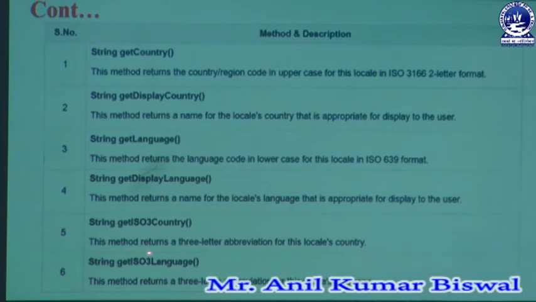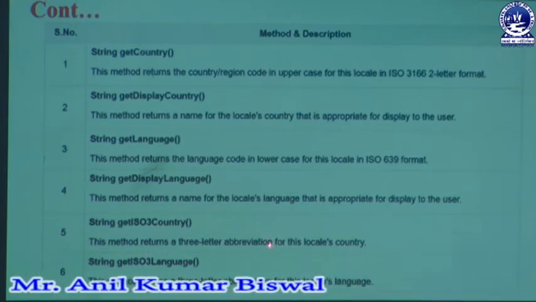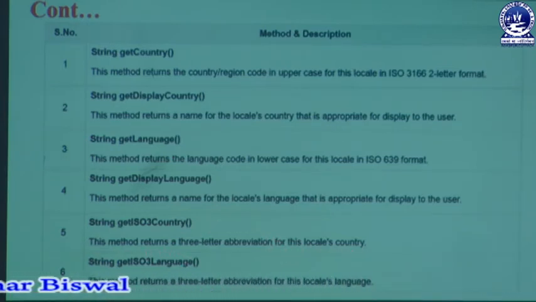This method returns a 3-letter abbreviation for this localized country, because we have to detect the 3-letter country abbreviation, for example IND for India. This type of method helps to grasp the language of a specific country.